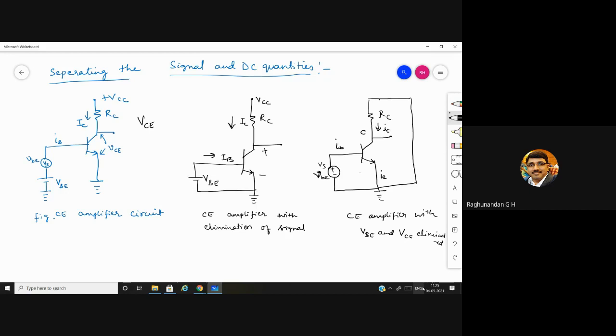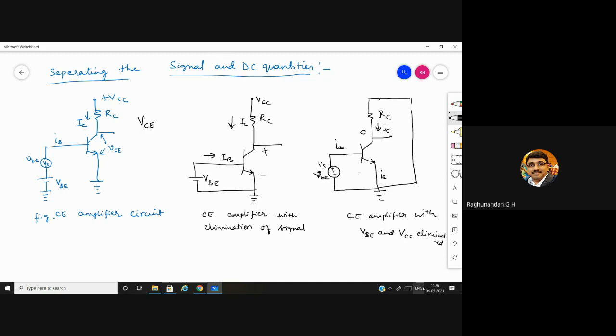And the third case, if the DC signal is eliminated and only the AC signal is retained, what will happen to the circuit during that time? What will happen to the circuit means how it is going to behave, and what is the expected output in that case. So this is what we are expected to tell. No need to discuss any equations, because the equations related to IC, IE, gain, everything we have already done. This much is sufficient.